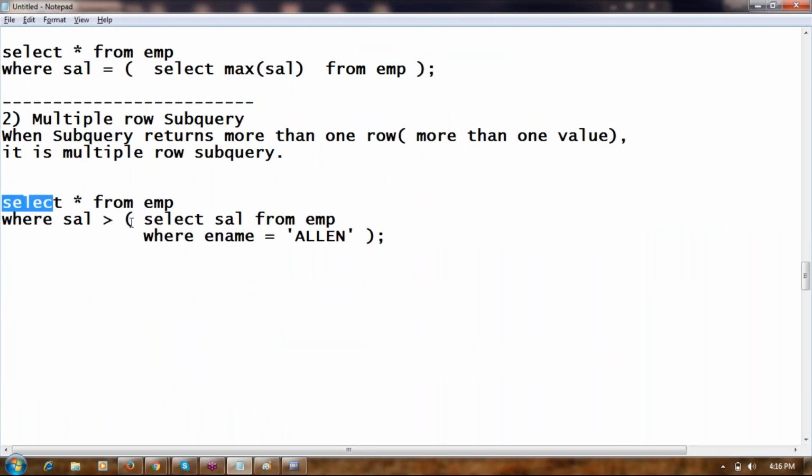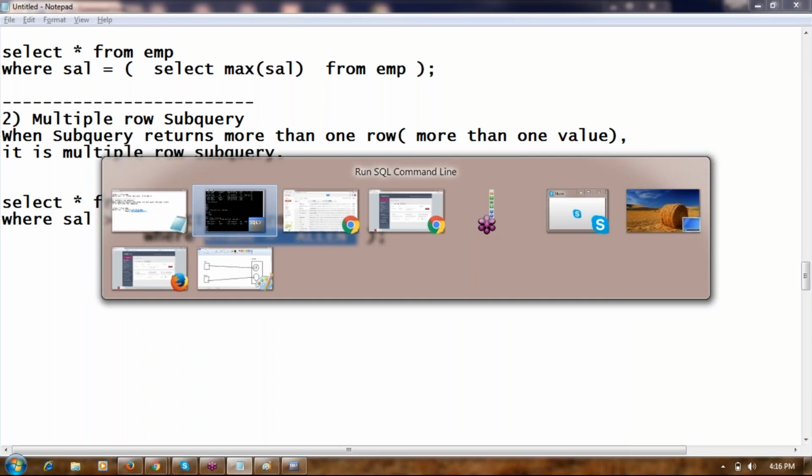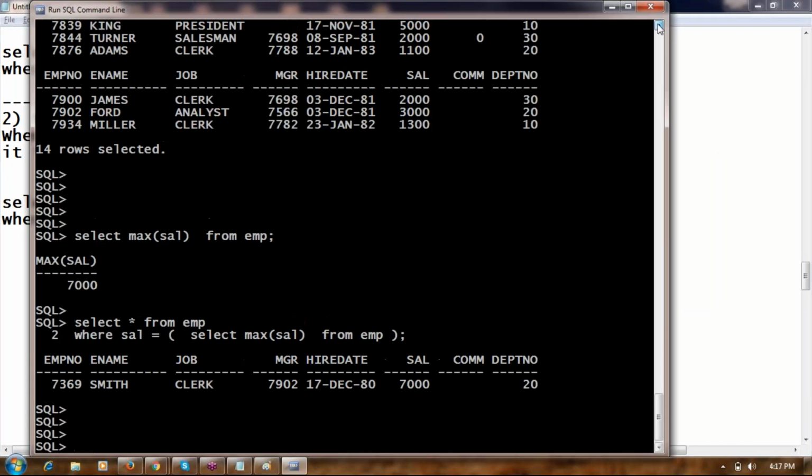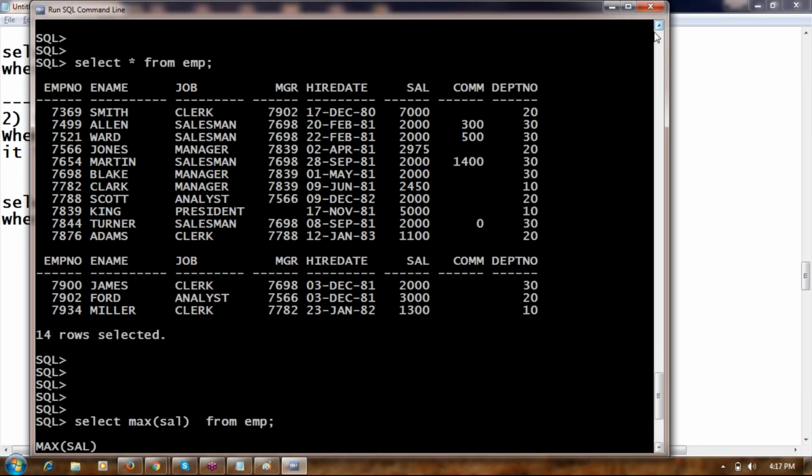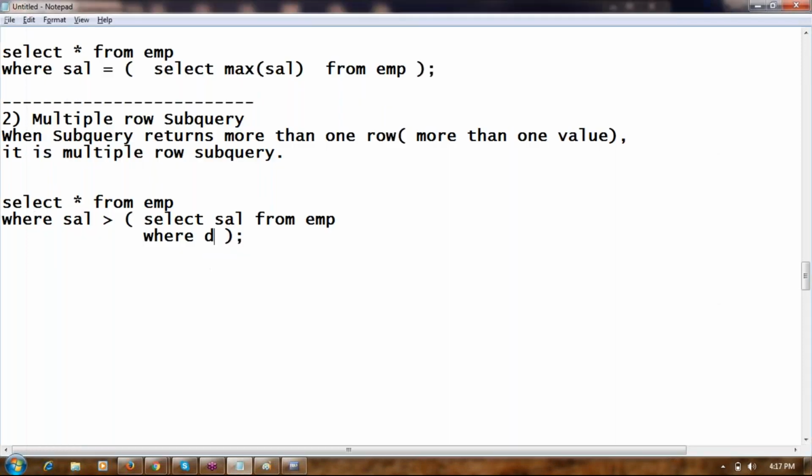Select star from EMP where salary greater than, select star from EMP where... Understand this query.